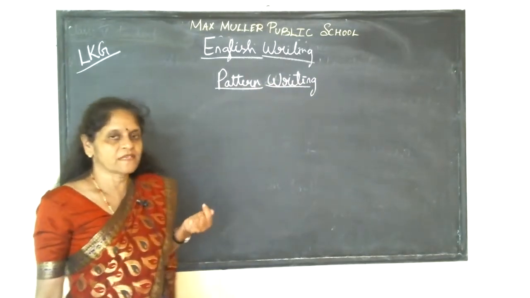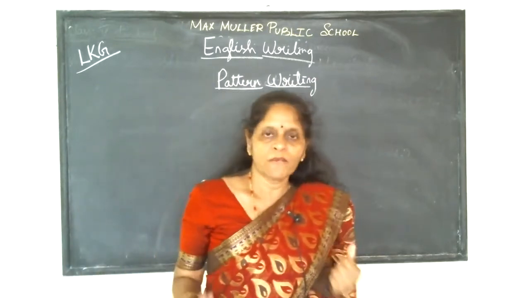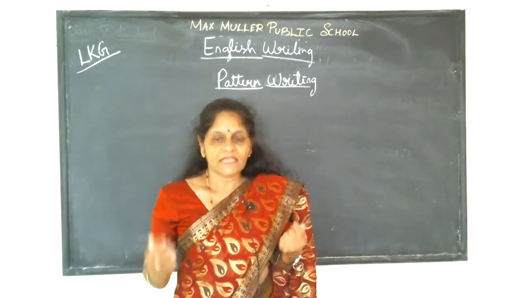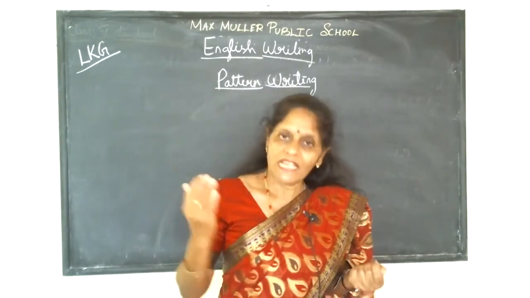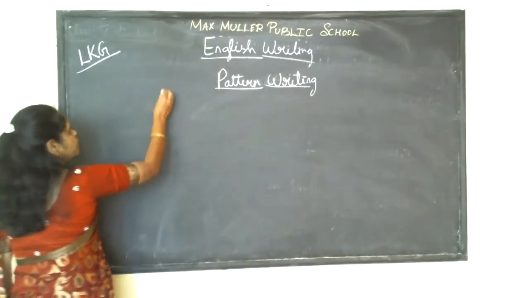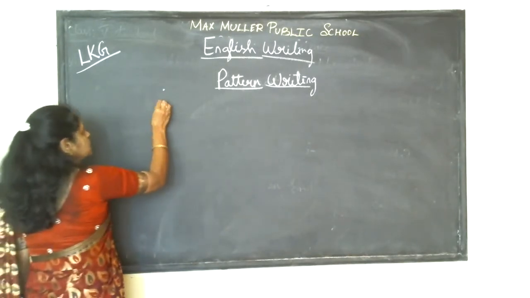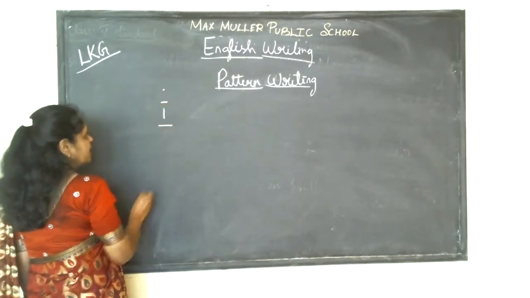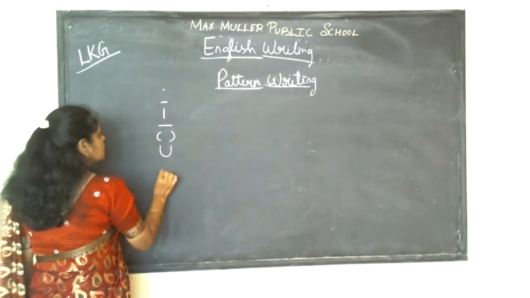Pattern writing. So in pattern writing, what did you learn in the previous class? Come on, tell me, children. Open your mouth and say, I think you would have practiced the whole week. You are practicing in the rough notebook, right? That is 4 lines book. So let's start revising from the beginning. Dot, dash, standing line, sleeping line, curve, up curve, down curve.